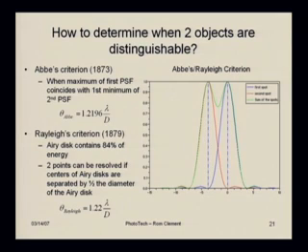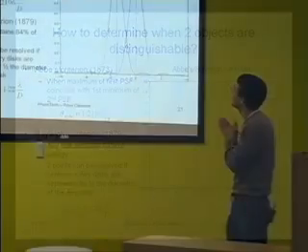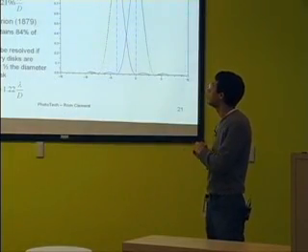So a lot of people have worked on this problem in the past in order to define a criterion which would allow us to say that, yes, we can say that there are two spots, or no, beyond this point we cannot. So the first person who talked about this, as far as I've found, was Abbe,